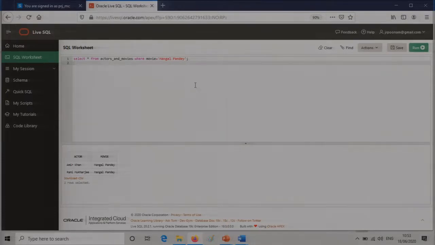So can you see that in Mangal Pandey, Aamir Khan and Rani Mukherjee have worked? These are the two actors who have worked in the movie Mangal Pandey. So this is the second query execution, and the